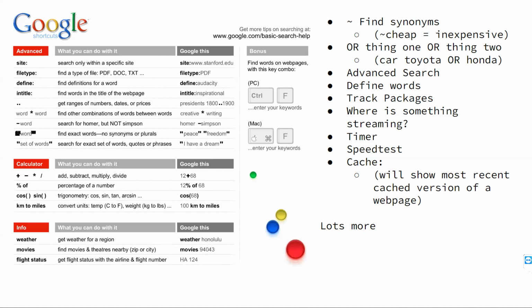The other thing that I find really interesting is the tilde. So the tilde is the shift option that's right below escape. And this will give you synonyms of that current word. So the way I like to do this, or if you're searching for like a deal or whatever, you can search iPhone tilde cheap. And that would give you results for cheap iPhones. That would give you results for inexpensive iPhones. That would give you results for sale iPhones.